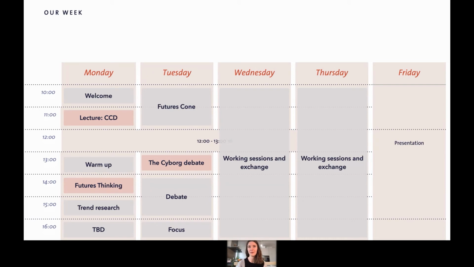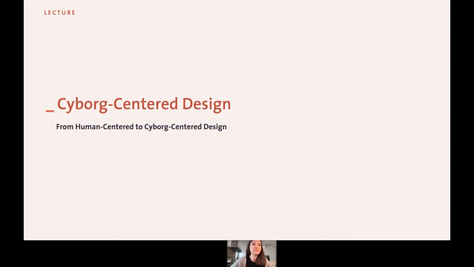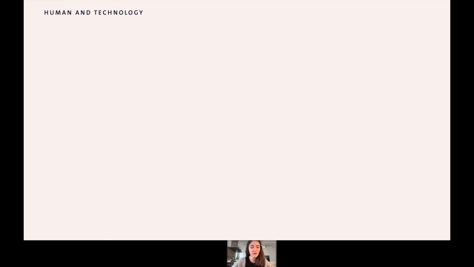This is now a little bit abstract, but I hope the picture clears up within the lectures and the next steps. So the first thing is the cyborg-centered design intro, and we called it in our master thesis from human-centered to cyborg-centered design. So it implies a movement or a switch, and what this exactly means, I'm going to try to explain now. But first of all,